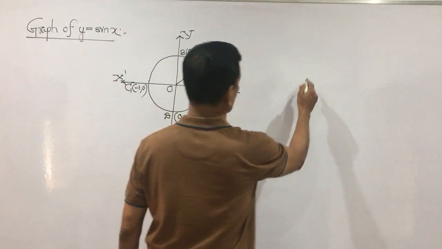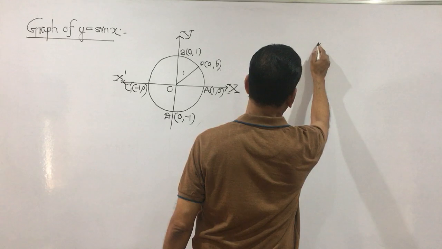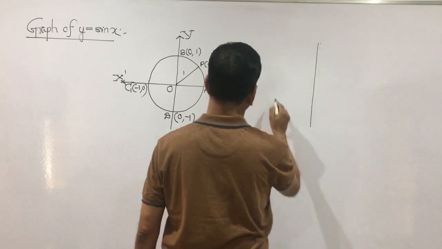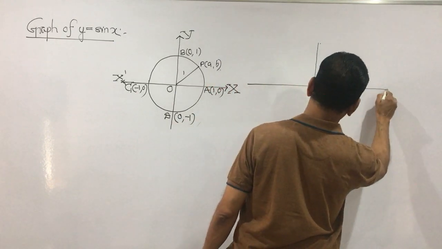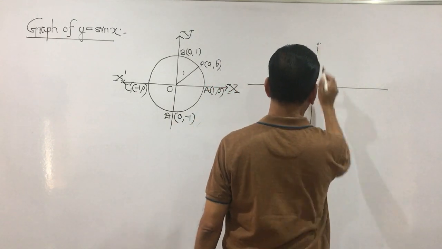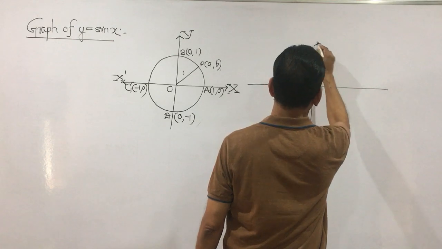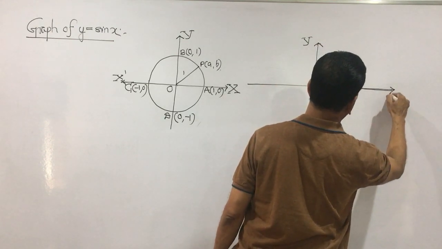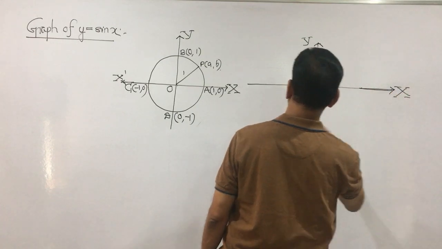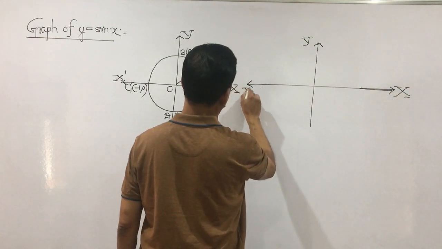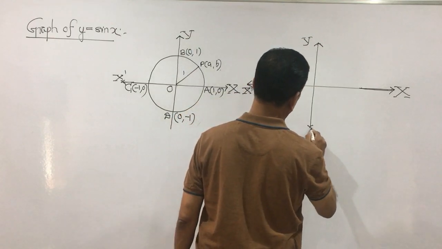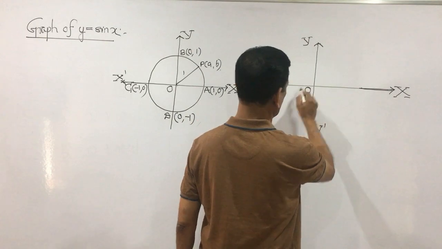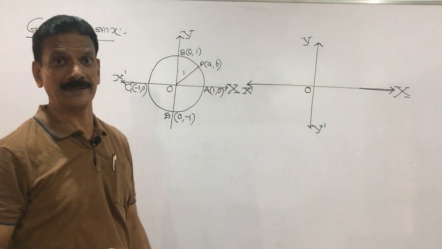Look here, if we take the graph, I will draw that one. This is your y axis. Here it is x axis. Okay, my dear friends, this is y axis, and here it is x axis. See, my dear friends, negative x axis this side, and below this is nothing but negative y axis. Origin it is.